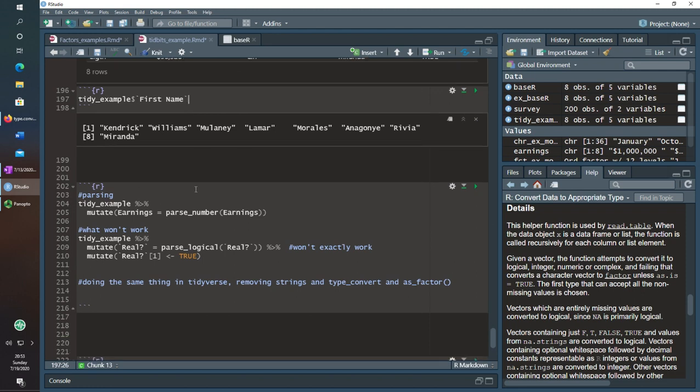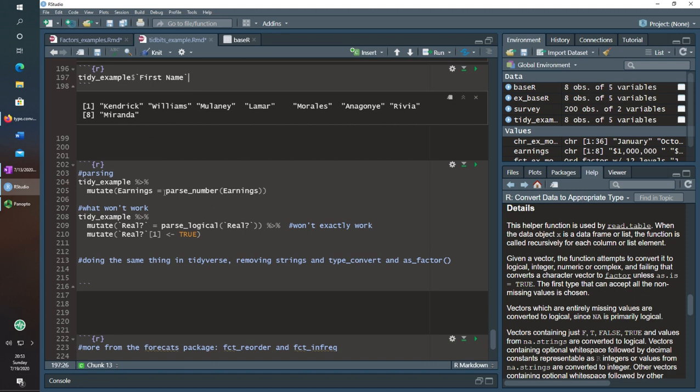So the first thing is going to be parsing. This is another readr function, and remember there was that dollar sign and the commas and everything? Well, if you just have values and you just want to get rid of the extra symbols around them, you can use this readr function parse_number. Since we're using the Tidyverse and we loaded that in, I can use pipes now, which I do prefer to use. So tidy example is going to be piped to mutate. Mutate, for those who don't know, and we're going to go over this in how to change up data frames this week if you're going to follow the Tidyverse examples,